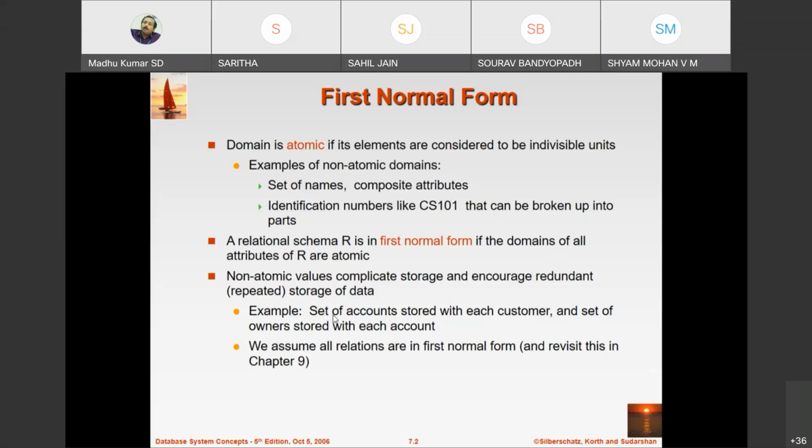So you have customer name, account number, and if you have multiple account numbers, again another row, customer name and account number. And if an account has multiple owners, you have the account number, then the owner name, then again the next account number and the owner name, like that. Or you can say that there cannot be multiple values in a particular column. If that property is satisfied, then we say that a relation is in first normal form. So this is a simple definition for first normal form. I am sure all of you are aware of this. In the next class, we will see the other normal forms, and we will see many additional